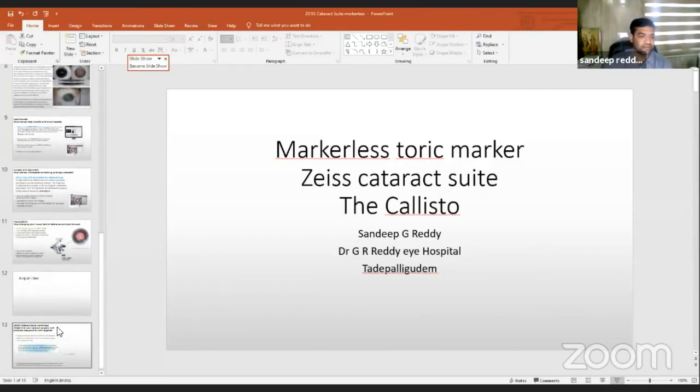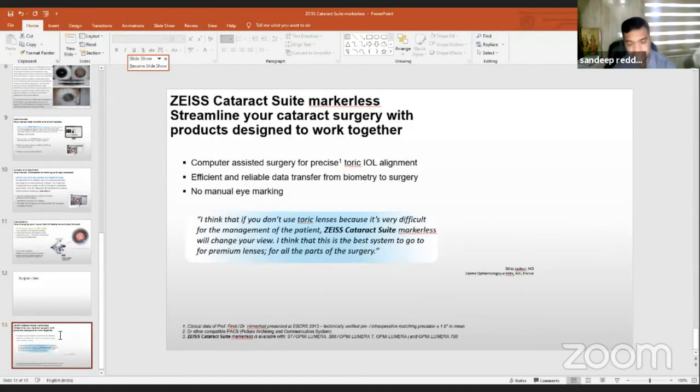So actually, by using the Zeiss Callisto system, the IOL Master, and the Lumira microscope, the complete cataract suite has made my life much easier, and my conversion rate into doing toric IOLs has increased to almost 13 to 15% from the previous less than 5% of my cataract surgeries undergoing toric IOLs. But now my confidence levels are much higher, where I'm doing about 15 to 20% of my cataract cases with toric IOLs.